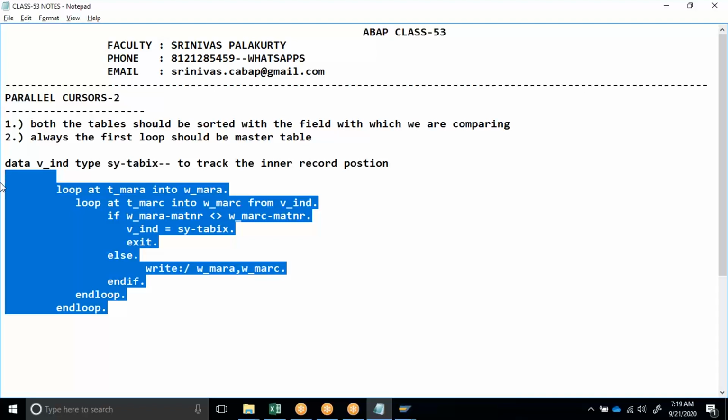So this code is wrong. How much experience does his faculty have? Six years of experience. Now, that guy is believing his faculty, a six-year faculty, is correct. But your faculty has 14 years of experience and you are believing that he is wrong. Okay, forget about who is correct, who is wrong. Why is it wrong? Tell me why it is wrong. So now please observe this carefully. Very important concept.